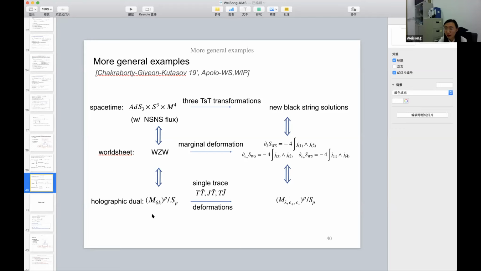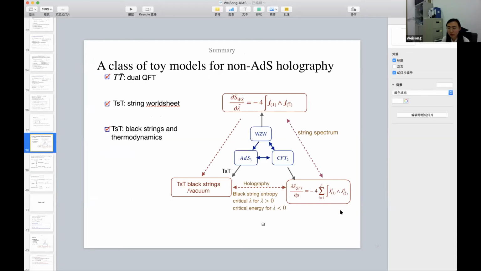That I don't know yet. The field theory side at the moment depends on this symmetric product, the single trace deformation. It depends on this symmetric product structure. But TTbar, in principle, one can do it in any dimensions. But I don't know whether it's related or how it is related to the deformations in the dual